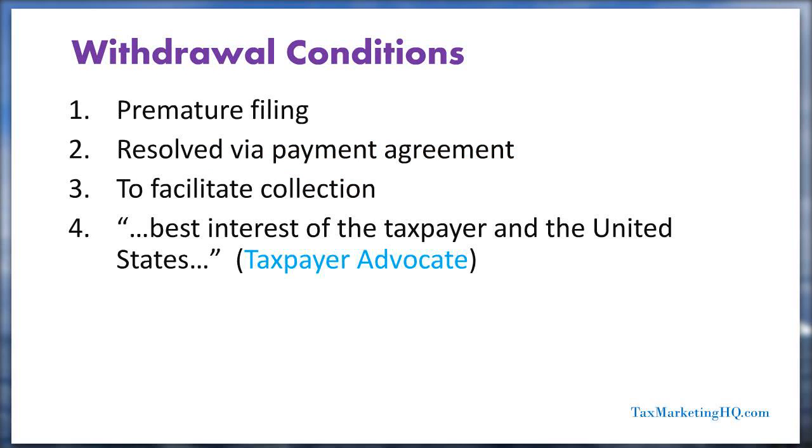So the four primary conditions under which a tax lien can be withdrawn are, first, if it was filed prematurely. So if a situation arises where a tax lien would normally be filed, but there are extenuating circumstances such as administrative procedures or other factors that would normally mean that the 668Y, the notice of federal tax lien, would not normally be issued, that can be an allowable condition for the withdrawal. Under certain conditions, if an installment agreement is reached to satisfy the tax liability with payments over time, then the lien can be withdrawn. There are also situations where it's simply in the best interest of the government to facilitate collection, to help them get paid, where they're going to be willing to